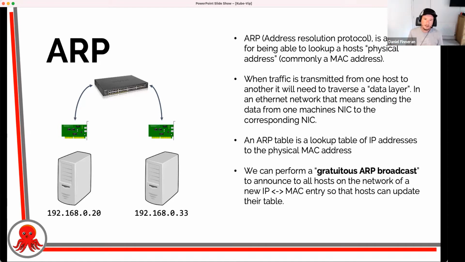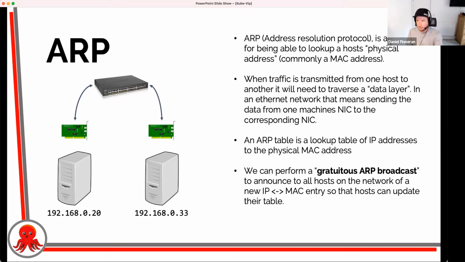We can apply an address to a node. We can then use ARP, which is effectively a lookup table. It says to the network, if you want to get to this IP address, it is at this MAC address. So if you want to send traffic to this IP address, data should be sent to this hardware address on the network.